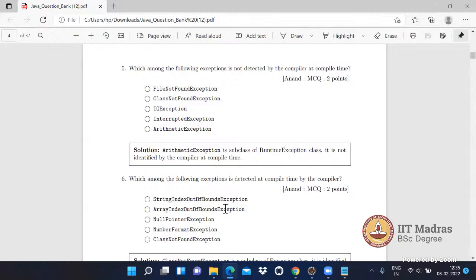So when should you put it in a try catch block? It is more of something the programmer has to anticipate, or in many cases, like when there is a checked exception, the compiler itself will tell you that you have to put this inside. Just try writing the Class.forName statement, Class equal to Class.forName, inside the program without a try catch block. It will give you some error. If you put it inside the try block, that error will go away. So I'm not able to clearly tell you whether,